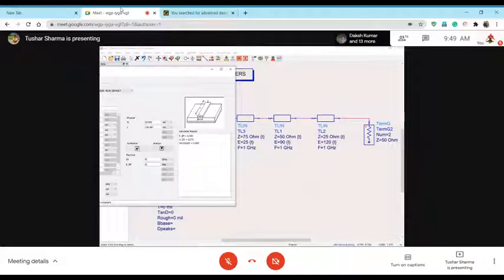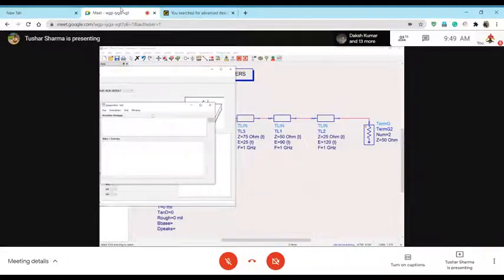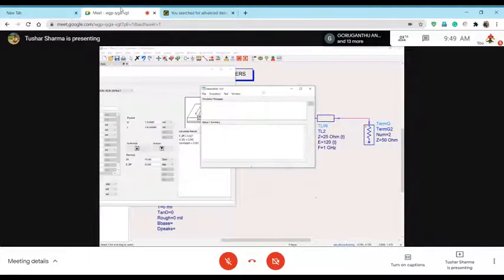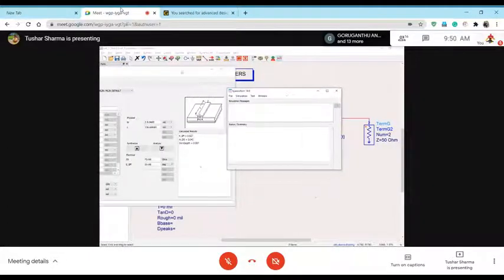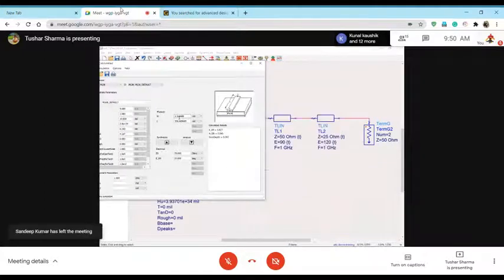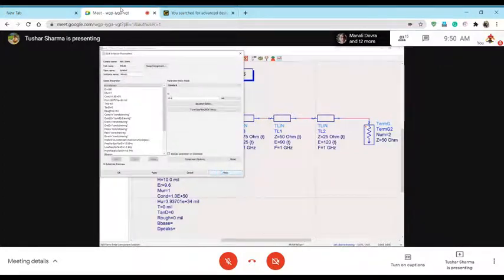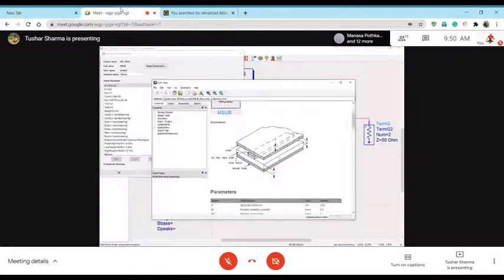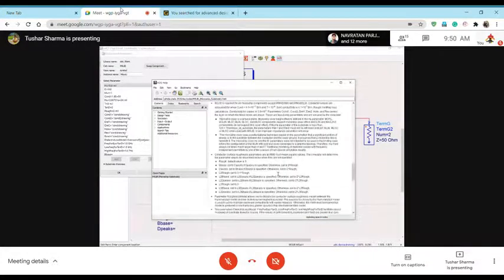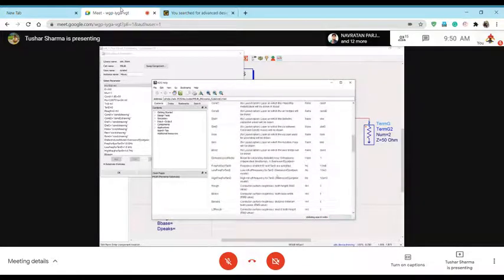Depending on the properties of the dielectric, there is actually a formula where you can calculate width and length depending on the properties of the substrate. So what happened to this guy? Why is it blank? Okay, so you see here it shows your width is 3.5 mils and length is 336 mils. I want to see if I can show you a formula of how it is getting calculated. But this formula I will put in the slides. It doesn't give the formula, but it just explains what all these things are.